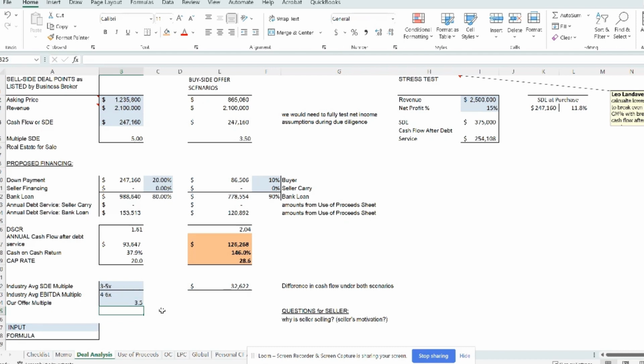The seller is going to get a lot less than what they thought they were going to get, and they can make a counter. Now, what I tell sellers is that sometimes it's best to carry a note, to do some financing to help on the bank loan if needed. So maybe the seller says, you know what, I'll carry 10% rather than have the down payment be 20% from the buyer. You carry a note that is going to be subordinate, and